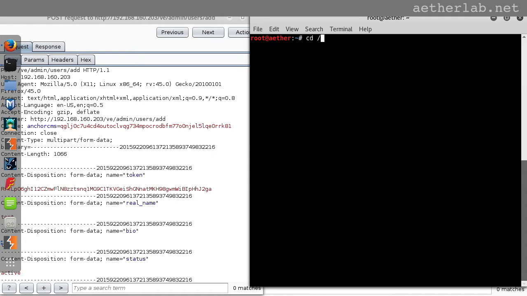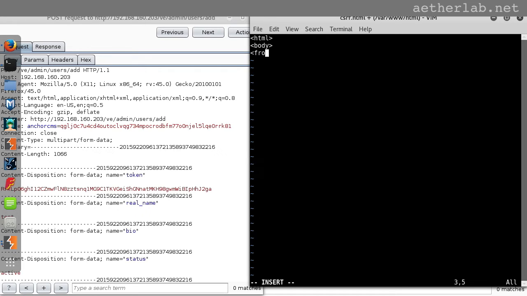So I will just go to the root folder of the web server, www.html, and here I create a file called csrf.html. And this is a simple HTML web page, so I will just keep it as simple as possible so that I don't have to write too much. HTML, body,